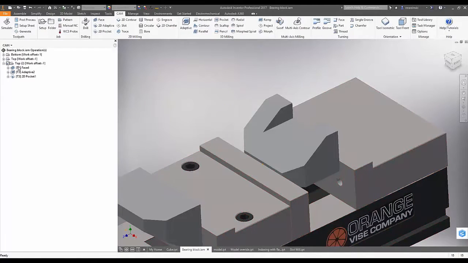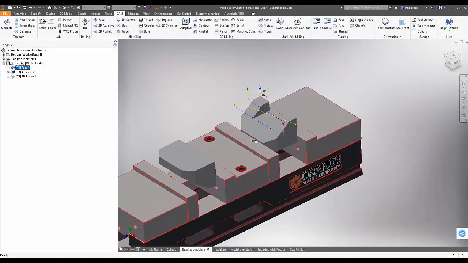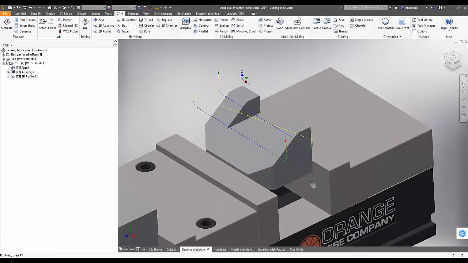So here, we have a part set up in my vise, and I've got a facing operation, a roughing operation, and a pocket to finish that area. The last thing I want to do in this setup is run a parallel toolpath and ramp that up and down the angled surface here. So I'm going to go with parallel,